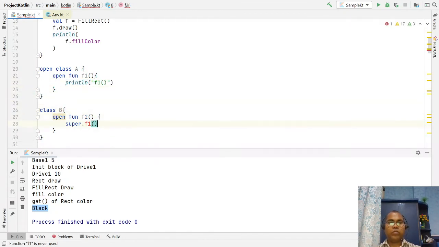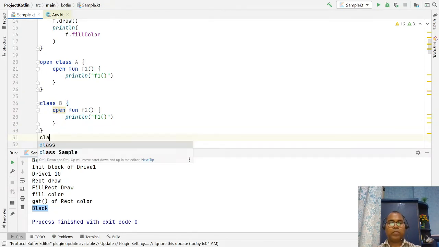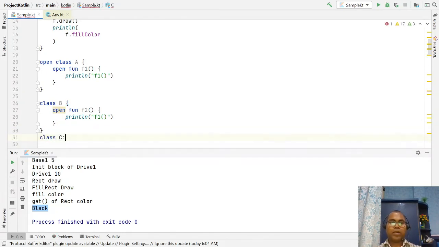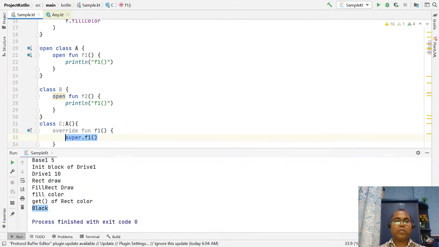Now we have two classes. And now we are going to write one class C that inherits A, and it's good, it can override your f1. That's good.